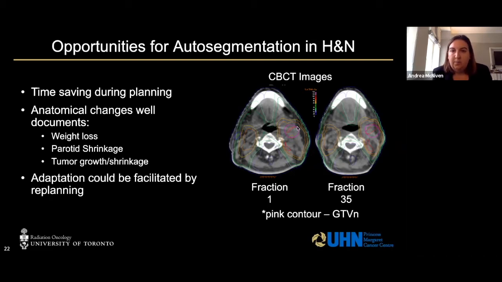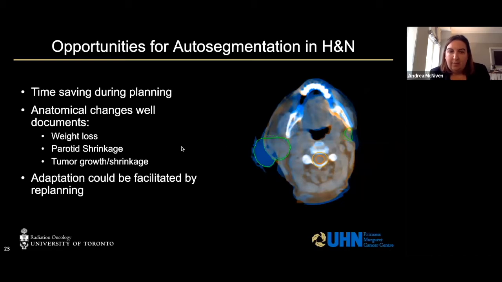In addition, this is another example with tumor growth or shrinkage. We have a blue and orange overlay of a planning image and an image later on in treatment, where you can see there's a drastic change or deformation in the target contours. So when we have this potential for change during treatment, it doesn't happen this dramatically in every patient, but really the ability to adapt our treatments to these changing contours and the changing characteristics of the patient is facilitated by